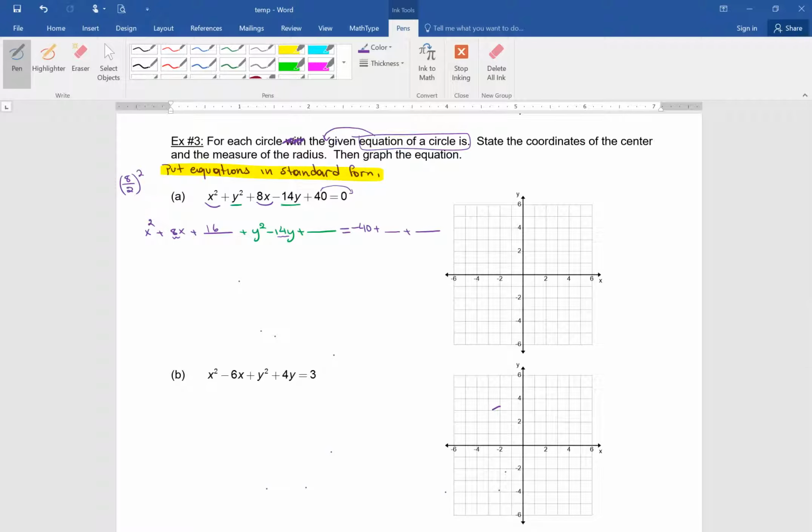Okay. So one more time. For this number, it's the 14 divided by 2 squared. 14 divided by 2 is 7. When you square it, you get 49. Whatever you add here, you must also add there. Now,